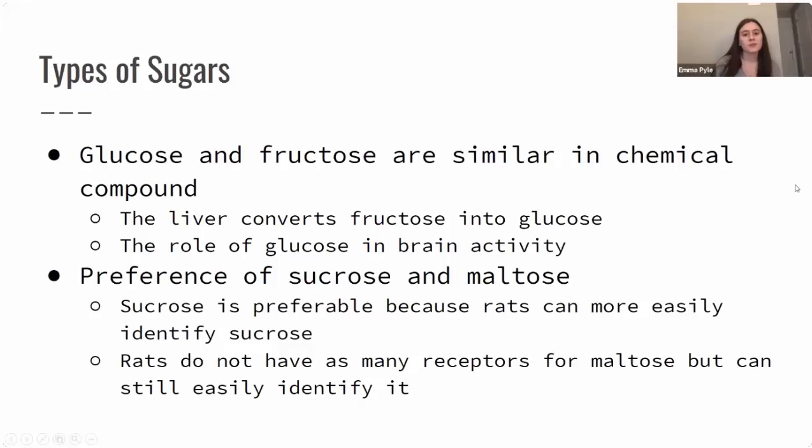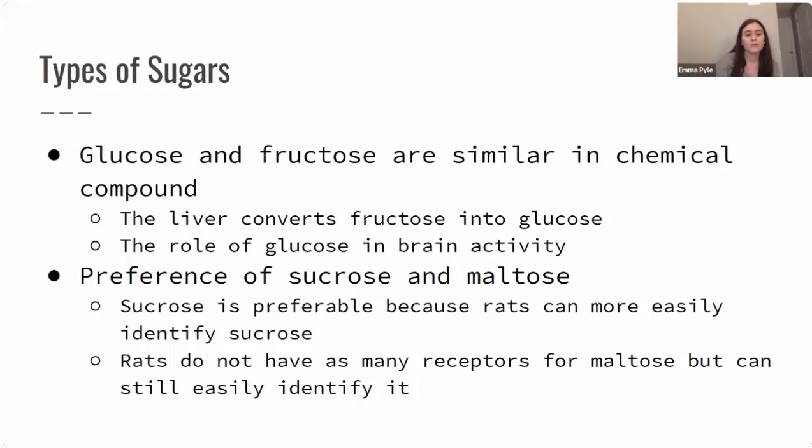Like Ashlyn mentioned, we looked at types of sugars. We specifically looked at glucose and fructose since they have similar chemical compounds. And since they're so similar, it's hard for the rats to discriminate between the two. Glucose is important in maintaining sleep-wake cycles as well as hunger and satiety. The role that glucose plays in the body is important because it regulates brain activity, and it's preferable for them to taste it. While fructose has the same chemical compound, it doesn't affect the body in the same way because it doesn't go straight into the bloodstream like glucose does. It's converted to glucose later on in the liver.